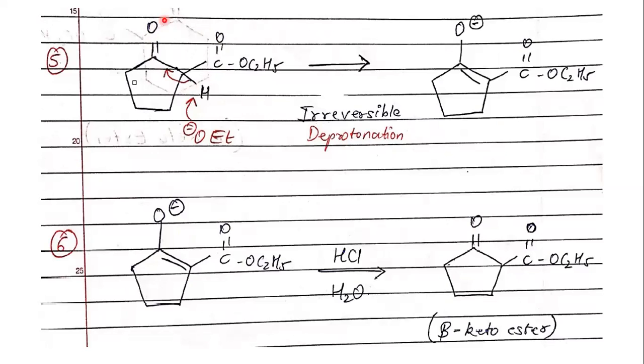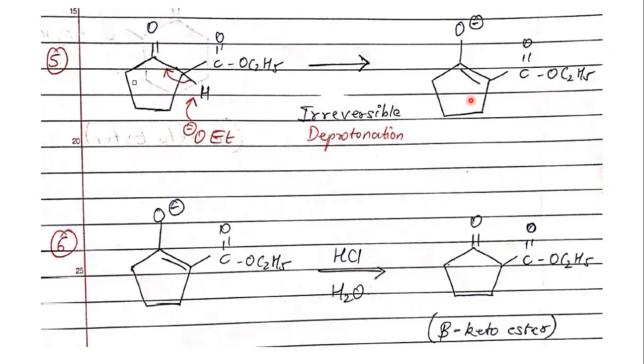So once your beta keto ester is formed, again the quantity is not that high because of the same problem that you saw in your Claisen condensation. The same thing is going to happen. Your ethoxide, OC2H5, is going to abstract that proton present on the alpha carbon. The electrons left behind are going to form a double bond, and your double bond CO is going to go on the oxygen, leading to this stable enolate formation.